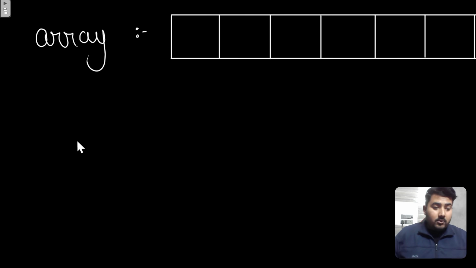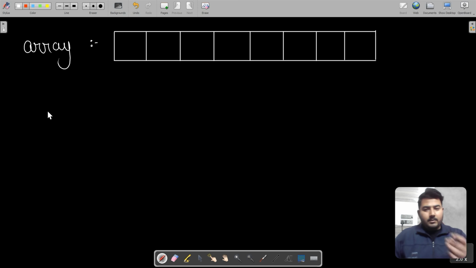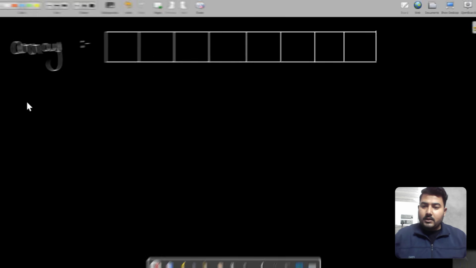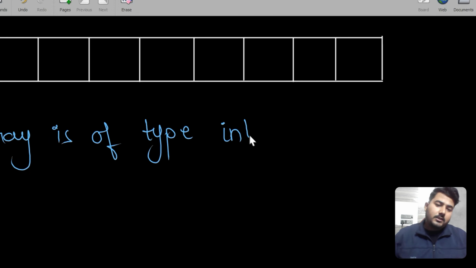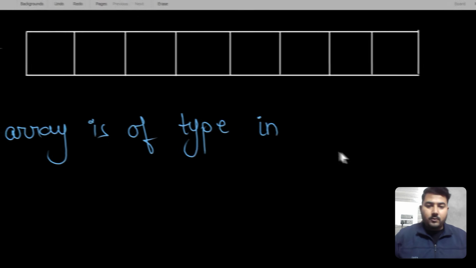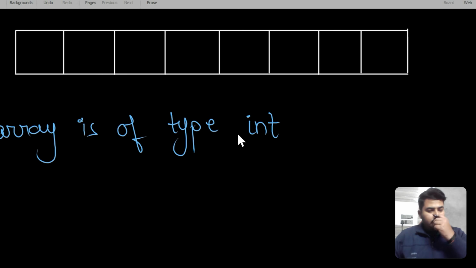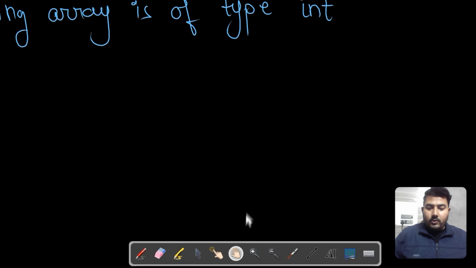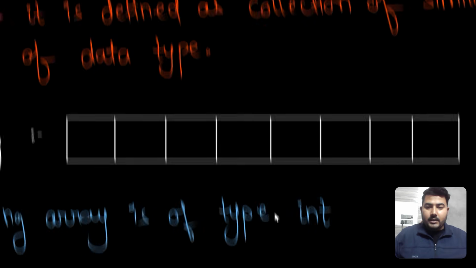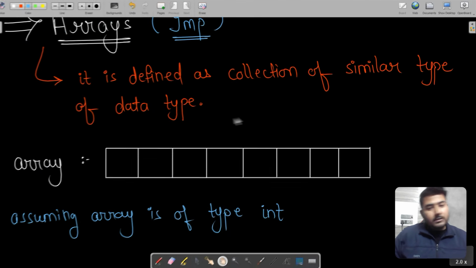Now, this array, just like our data types, can also be of different data types. What I mean to say is, assuming this array is of type int, let's just assume that for the beginning. Just for the sake of information, we are assuming that this array is of integer data type. So according to the definition, it is a collection of similar type of data